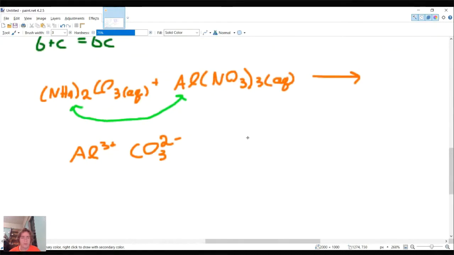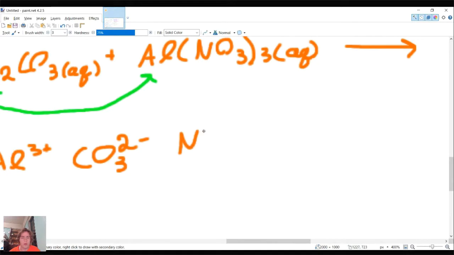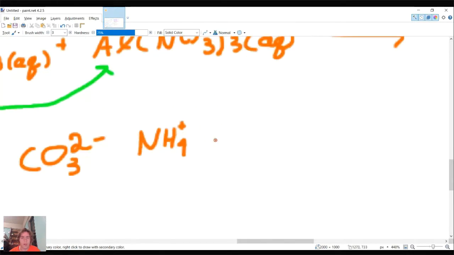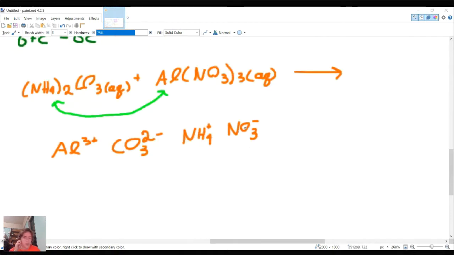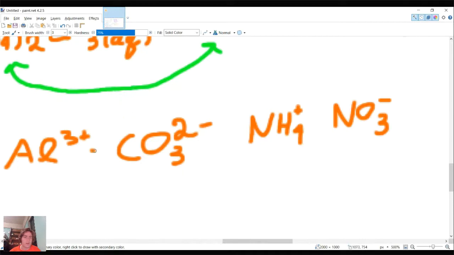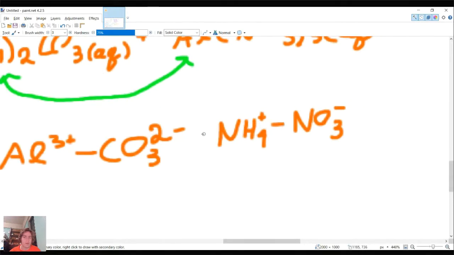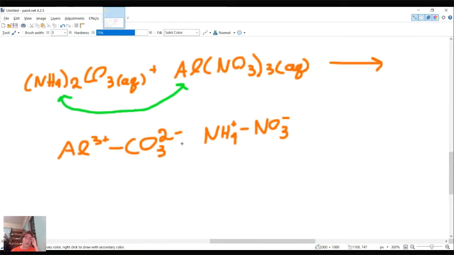And then the second one would be an NH4. Yeah, because an NH4 has a plus charge. And then an NO3 minus. So these are bonded together, and these are also bonded together. But the reason why they're not written as chemical species is because they're not balanced yet. I haven't balanced their charges. Does it make sense where I got these two combinations of ions?